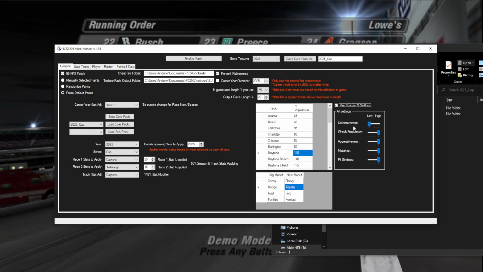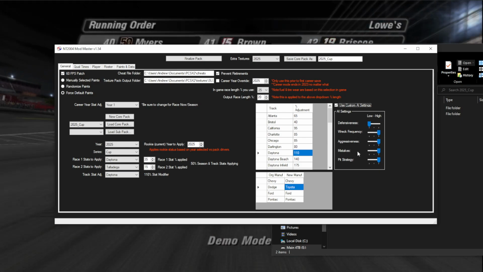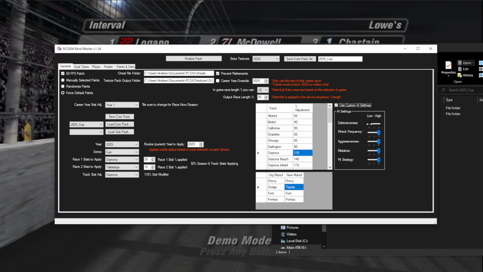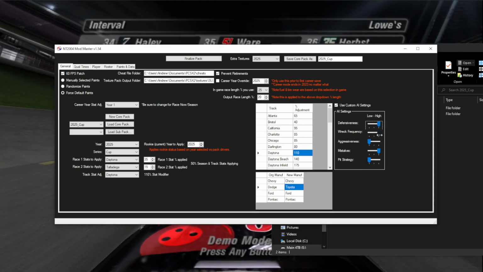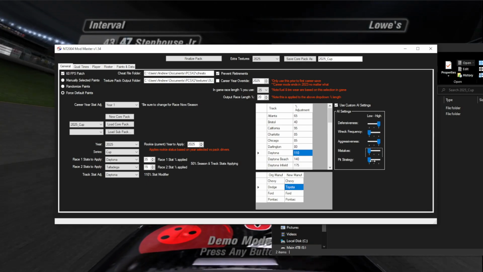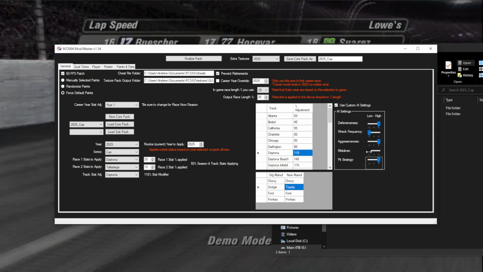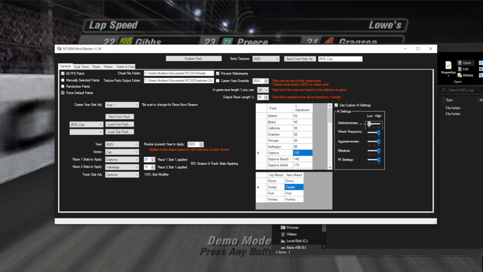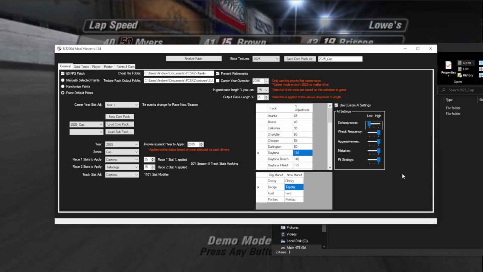It's hidden settings behind the scenes that just get locked differently. So for rookie, they have low defensiveness, low aggression, low pit strategy, high mistakes, high wreck frequency. For legend, they don't wreck at all. It's actually the opposite: high defense, high aggression, high pit strategy, low wreck frequency, low mistakes. I personally like to run with low defense and high everything else, just because they block like mad on high